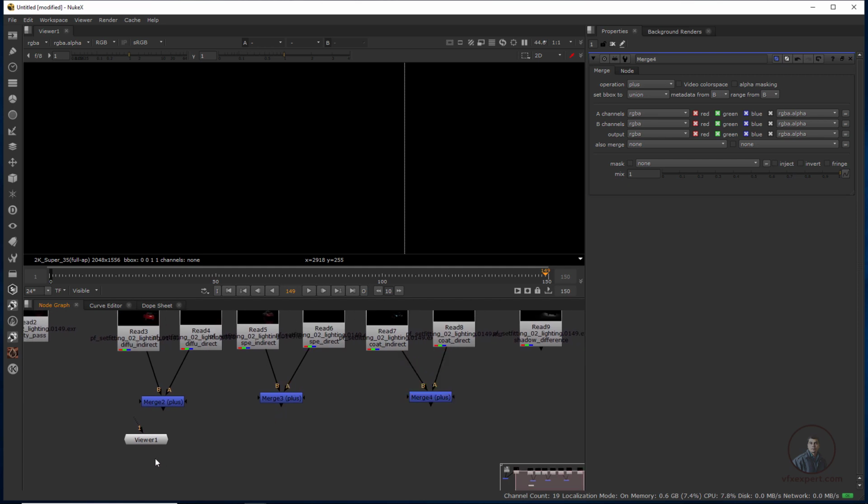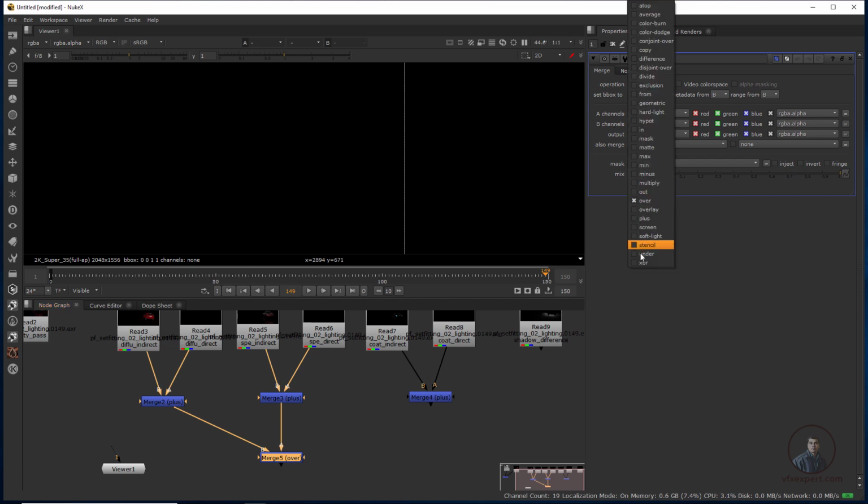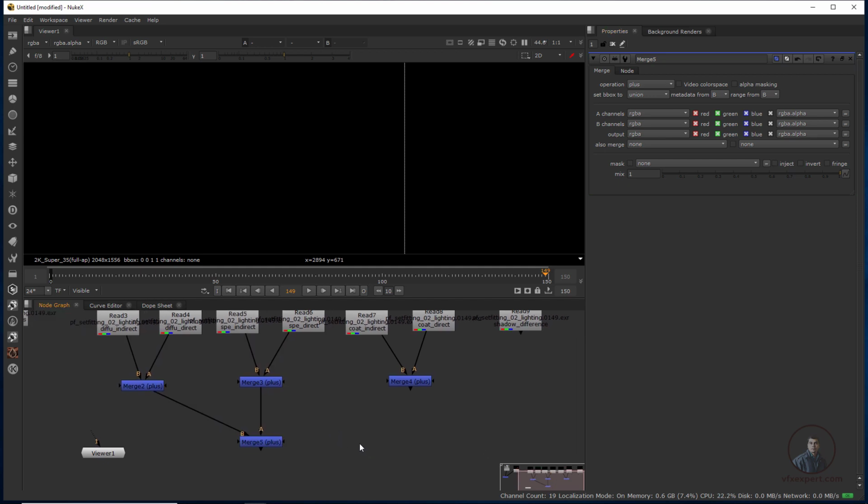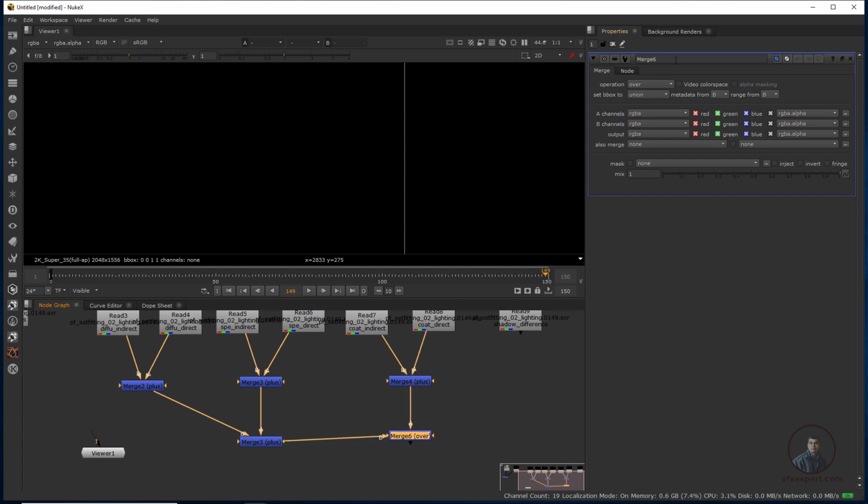Okay, so now again take a merge node, so press M, this will be your background and this will be foreground, means B and A. Now again just click here, now simply press double click and in operation you have to click on plus. Okay, now finally again you have to take another merge, so just take M, this will be our background total result and this will be our foreground.